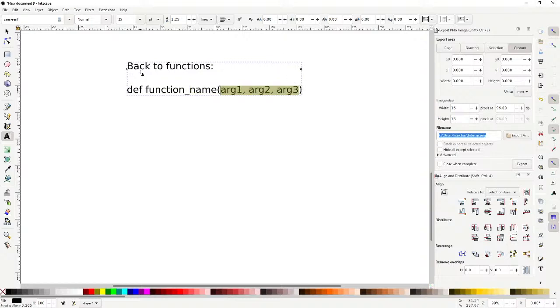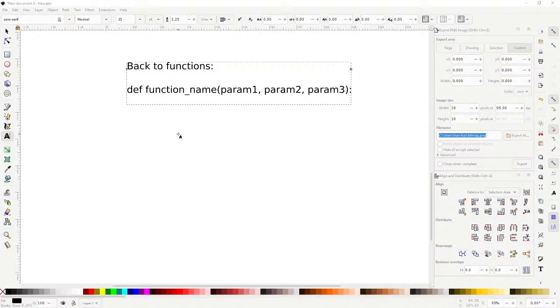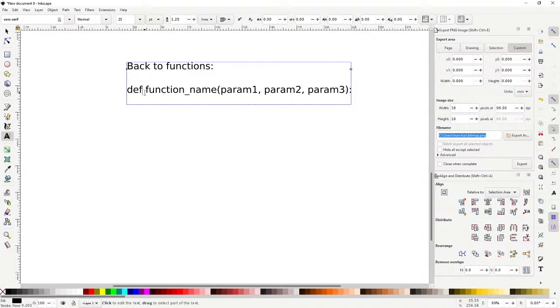Here's how you declare a function: the function name, then the parameters, and then the function body with code.